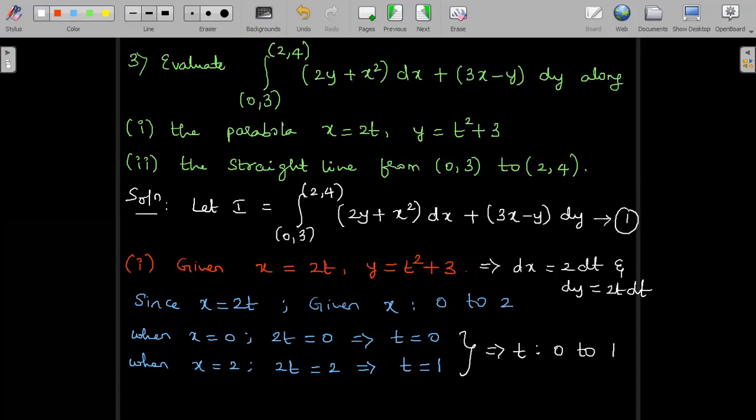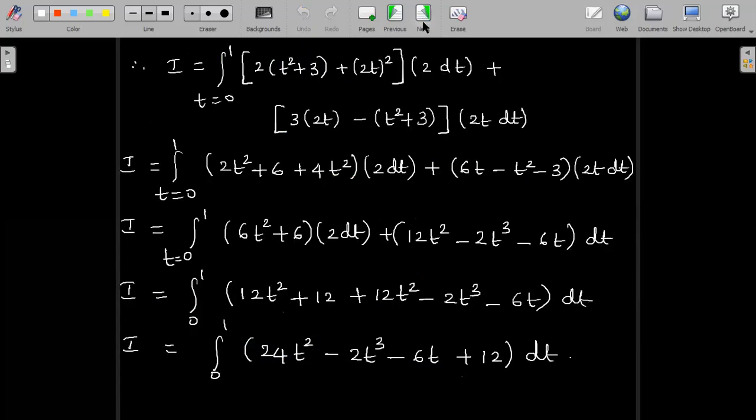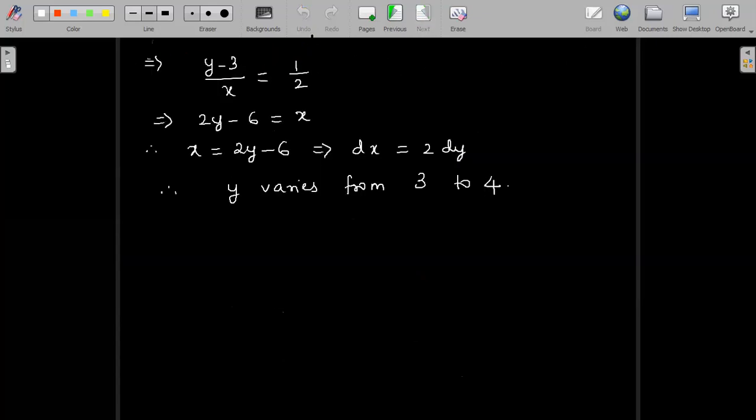So in equation 1, when I substitute, wherever x is there, we will substitute x as 2y minus 6, retaining the y term as it is. And we are writing down the integral limits as y varying from 3 to 4. We are substituting x is equal to 2y minus 6. So substituting in equation 1,